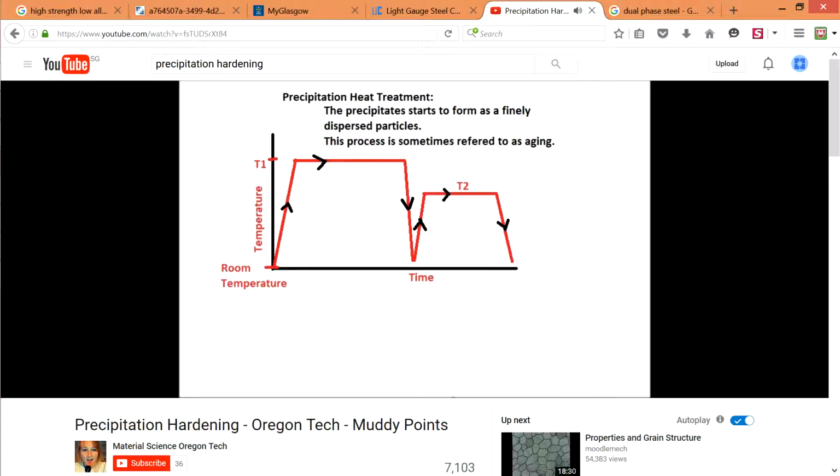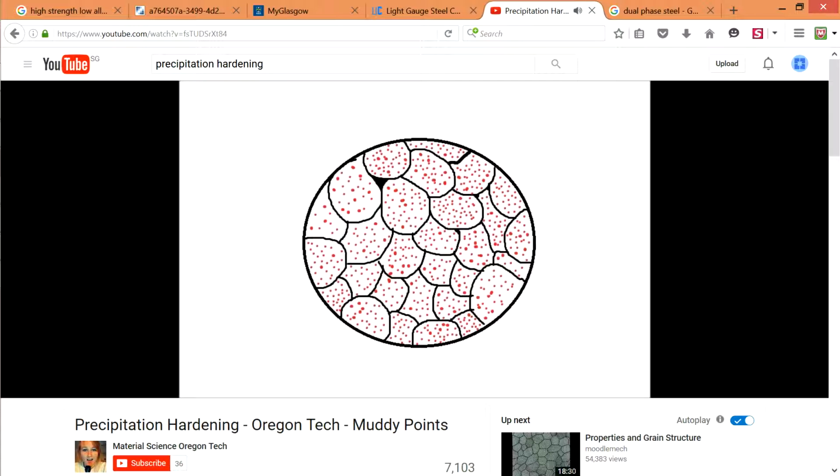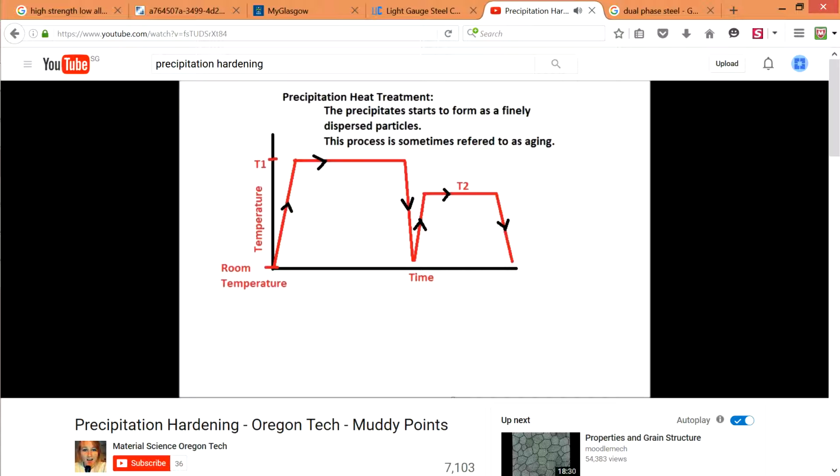The third and final step is precipitation heat treatment. The precipitates start to form as finely dispersed particles throughout the grains in a secondary phase, which are represented as the red dots within this grain structure. Sometimes this step is referred to as aging. The temperature for step 3 is less than step 1, so that the correct precipitates form inside the initial grains